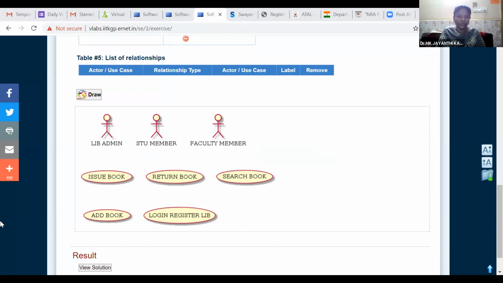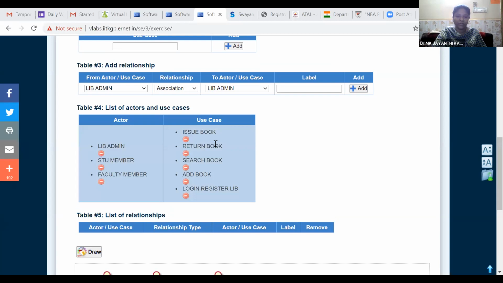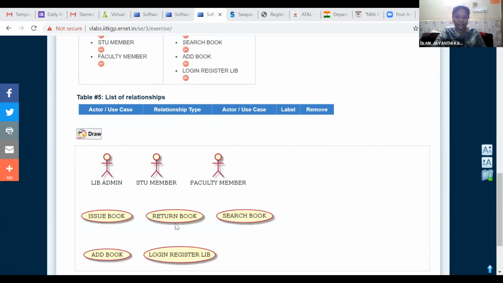One is a stick figure to represent all the users, human beings, or other stakeholders. And the use cases. Use cases are functions or methods or transactions or events. How the users are associated with the various functions is represented using the use case diagram. The association between the users and use cases is represented using labels and directed arrow symbols. So whatever specification we have given, 3 actors and 5 use cases, we got the corresponding representation.